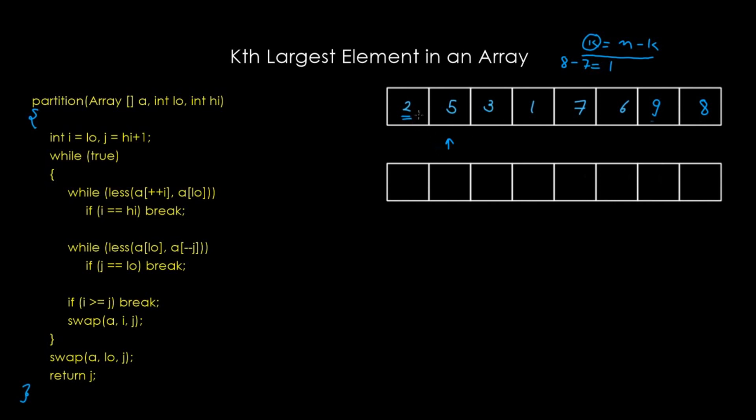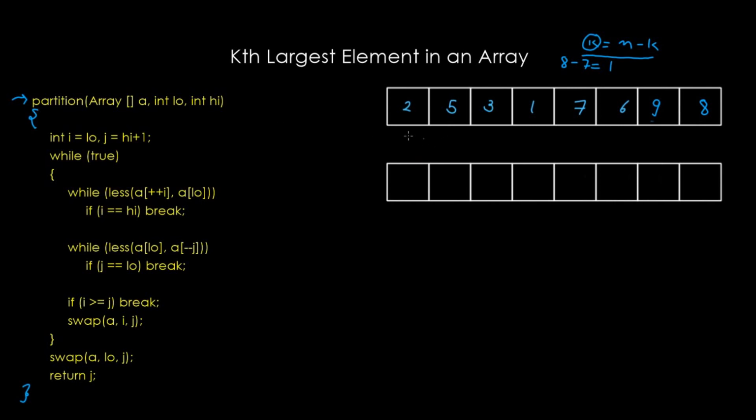So all we are required to do is in some way get this element to its correct position and then return its value. But beforehand, we don't know which element is going to be placed here, so this is something that we are required to do. Now let us see how. The idea is to use this algorithm, which is also used in the quicksort algorithm, and all it does is choose a pivot element and bring that element to its correct position, so that after the execution of this algorithm all the elements on its right are greater than the pivot, and all those on the left are less than the pivot.